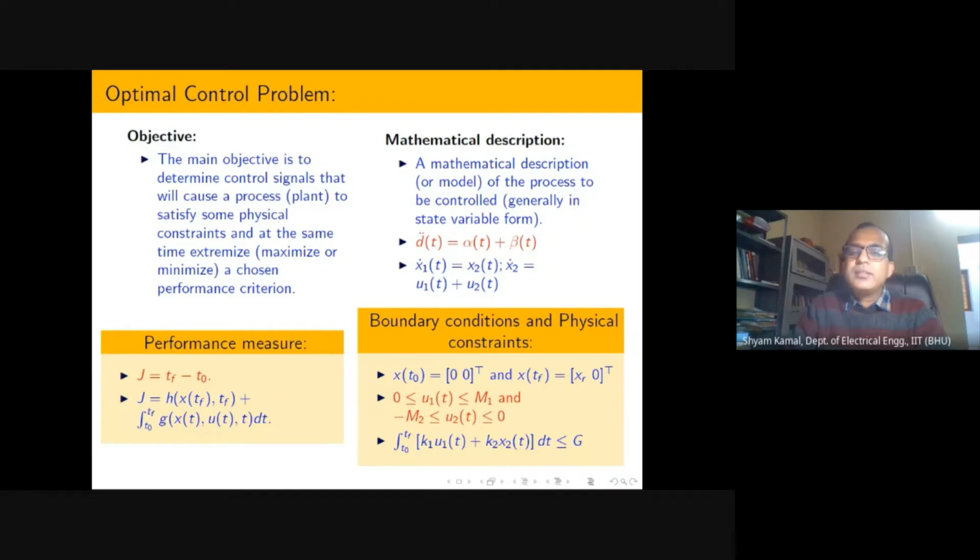Since in the coordinates x1 and x2 this whole system is represented by first order differential equations, only two things are available: quantities like the states x1 and x2, and their rates of change. If I interpret a quantity as x and its rate of change as x dot, then I can apply the same Newton's law, and we are able to characterize this system.